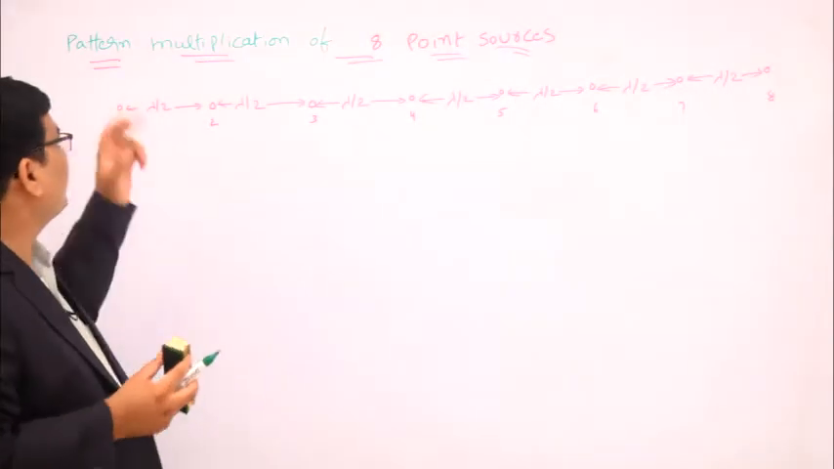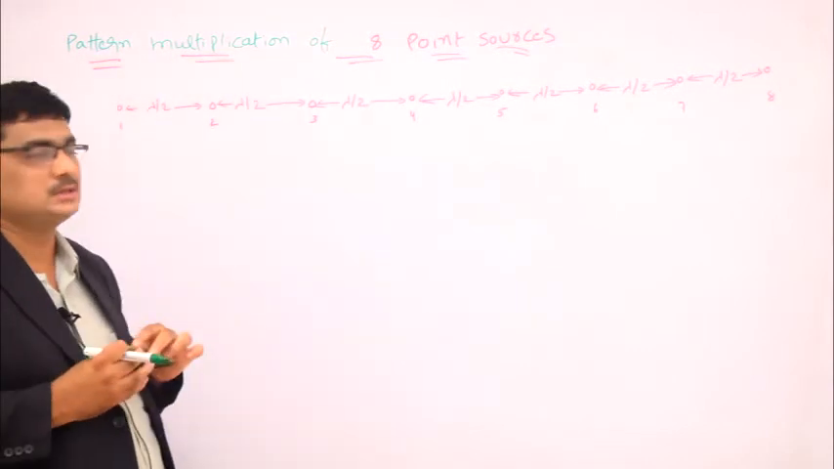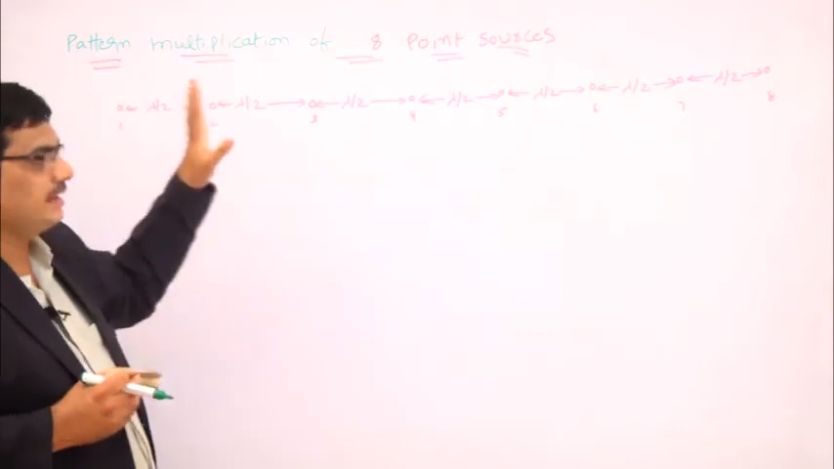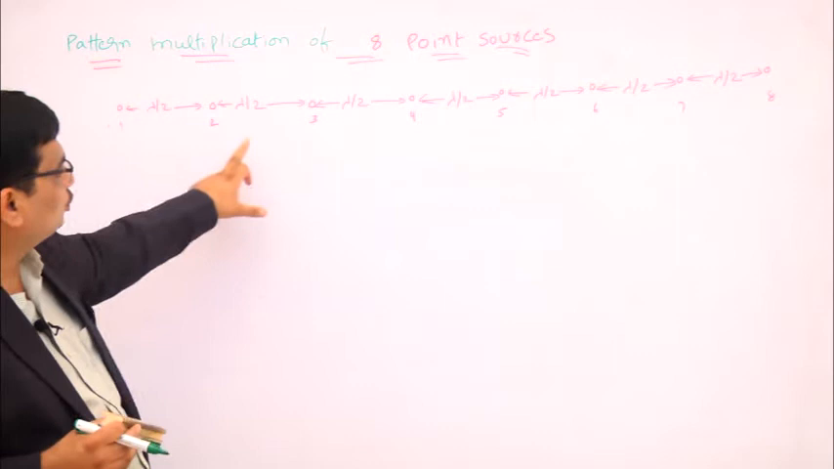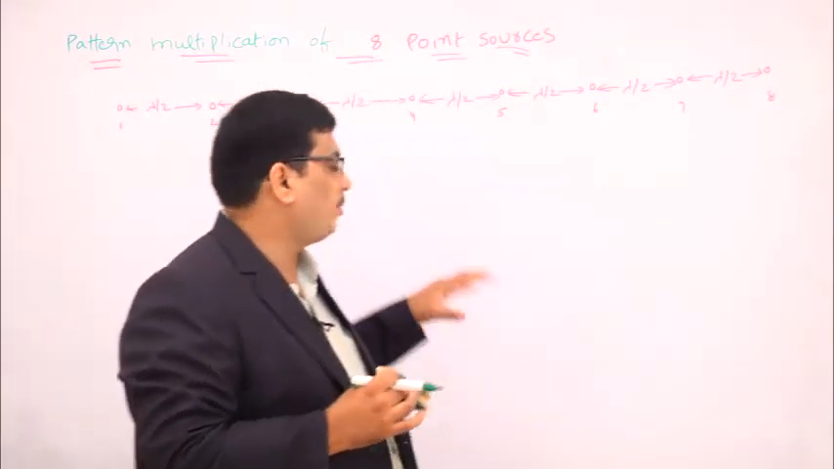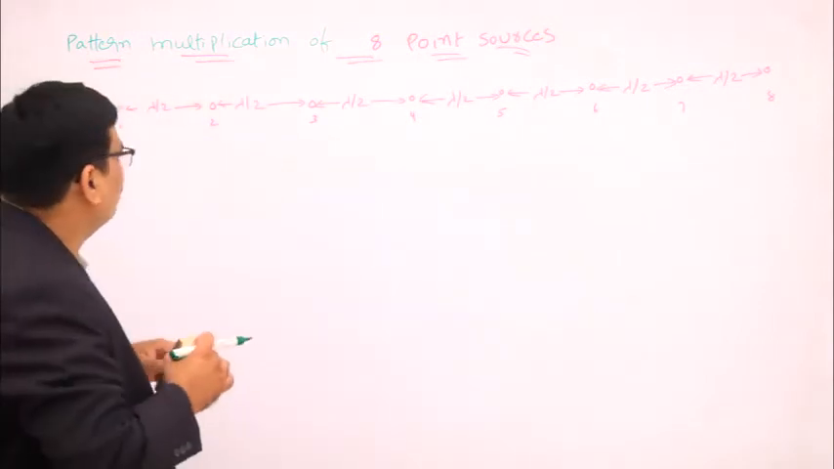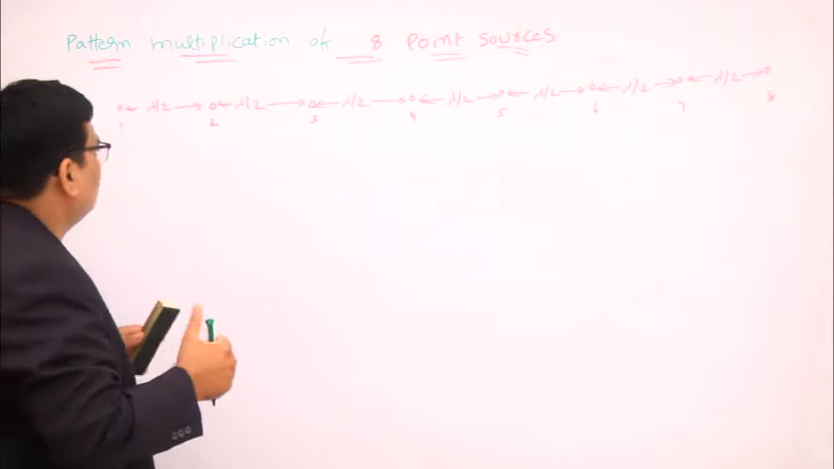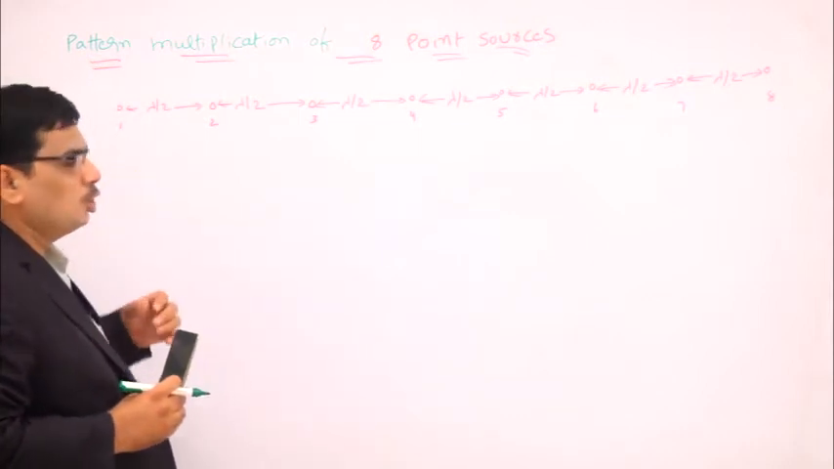Okay. Next problem is pattern multiplication of 8 point sources. Here we have taken 8 isotropic point sources: 1, 2, 3, 4, 5, 6, 7, 8. So 8 point sources, and they are separated by a distance lambda by 2. Now, like in the previous one, here also we are